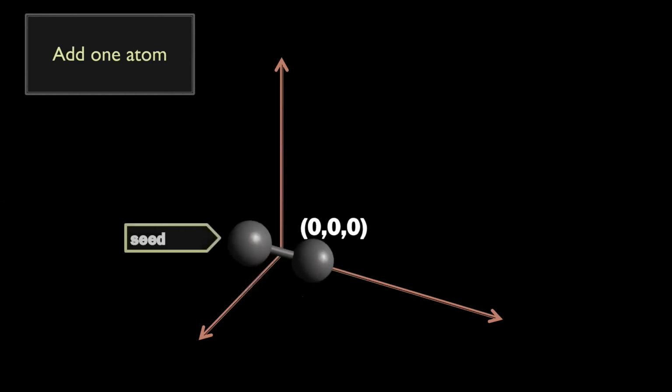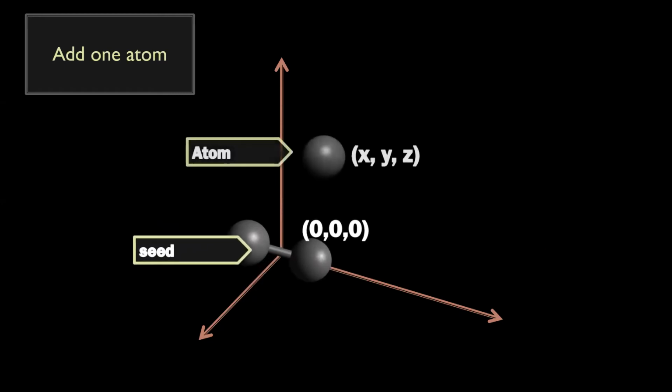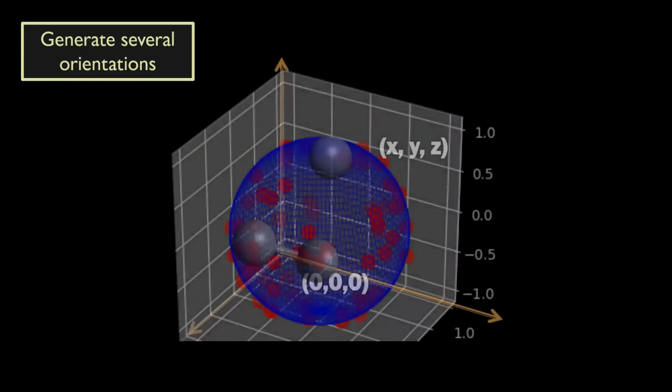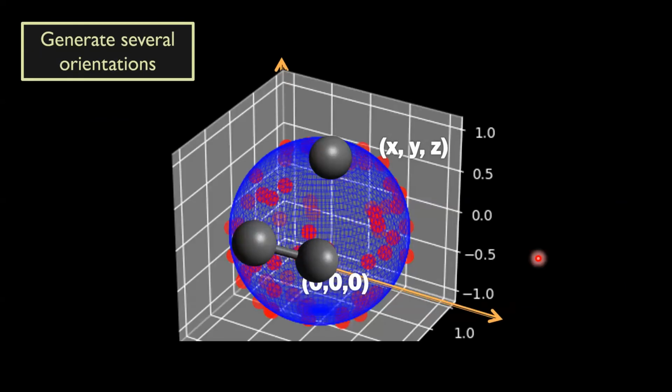Then this becomes your seed molecule, and then add another atom to this molecule. So where do we add it? We can add it in all these possible places around this. So that is where the automatically created random procedure comes in, generating several orientations randomly. So what we do is we create a unit surface, and on the surface randomly generate new points and add the new atom to that point, and then